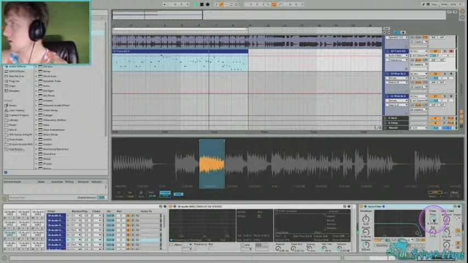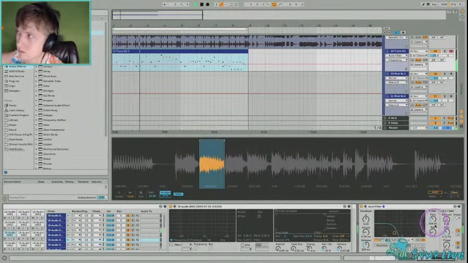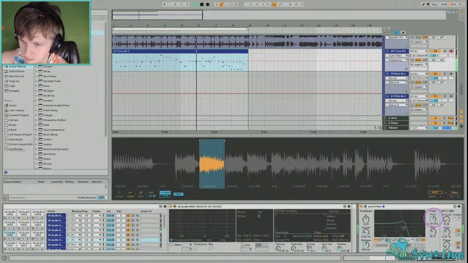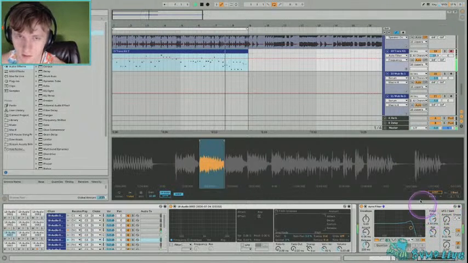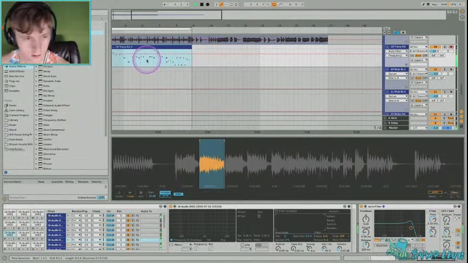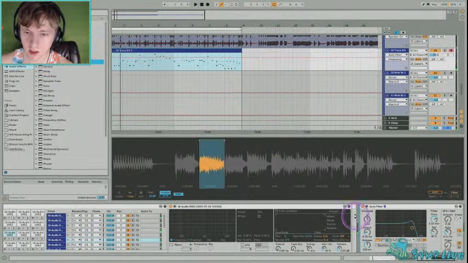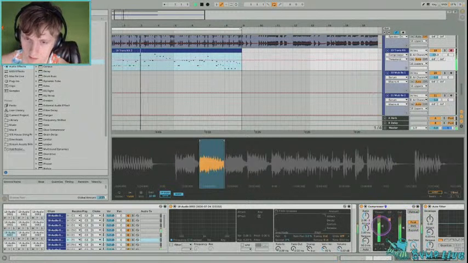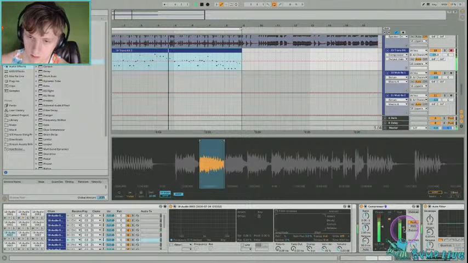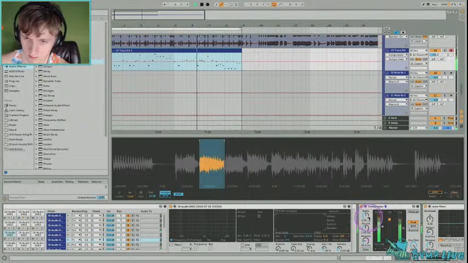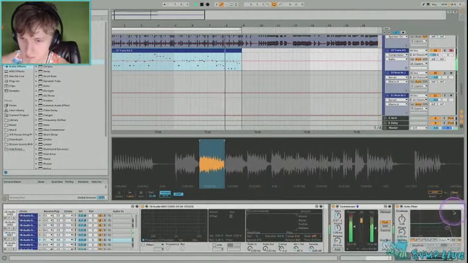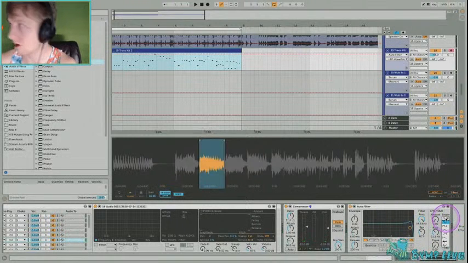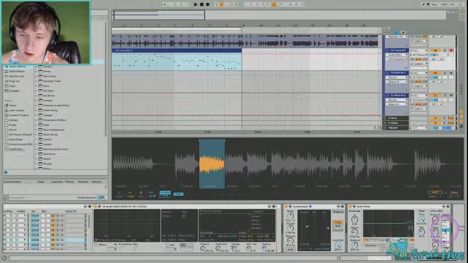Then I can just take the whole thing, filter it down. Throw on a compressor after the whole thing to kind of even it all out. Throw on a little bit of automation with the auto filter, because it's an automatic filter, so I could throw on an LFO, and then all of a sudden